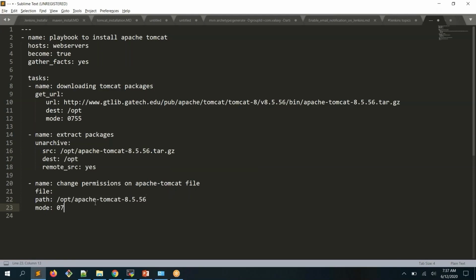Mode 0755, I can give owner and all this stuff. So now I'm going to give 755 on this file. Earlier we have given permissions on the tar file. Now we are giving them on the Apache Tomcat directory itself. Okay. Then next name,